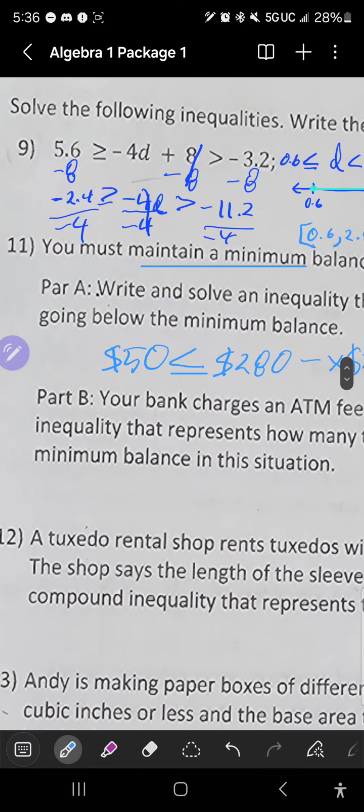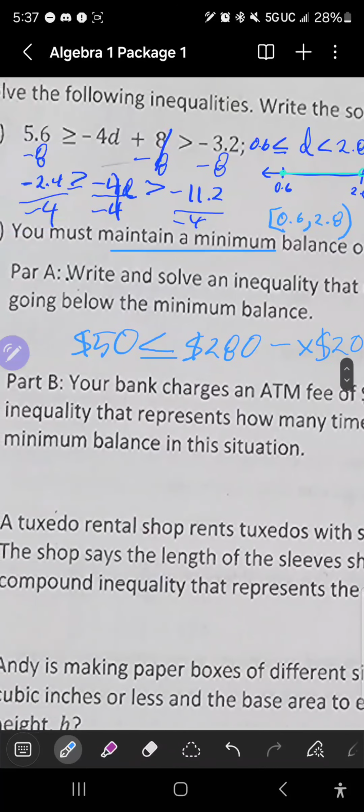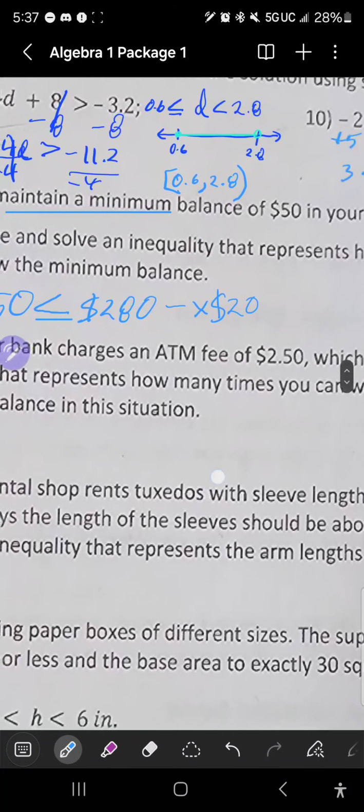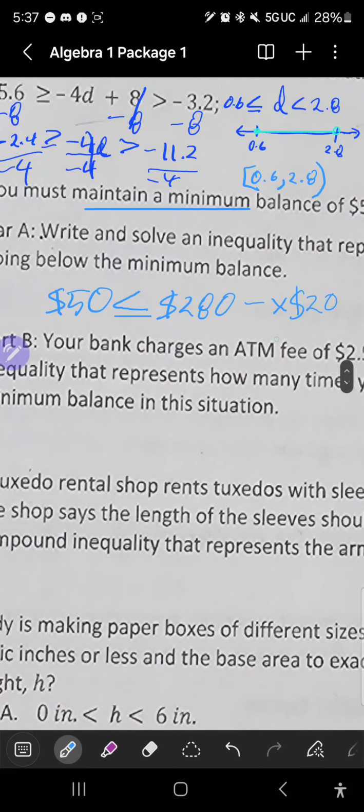And right now we just wrote the inequality because the minimum balance was going to be $50. It's going to stay on one side if we want to calculate how many bills we can spend without